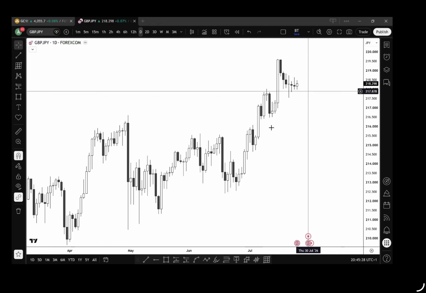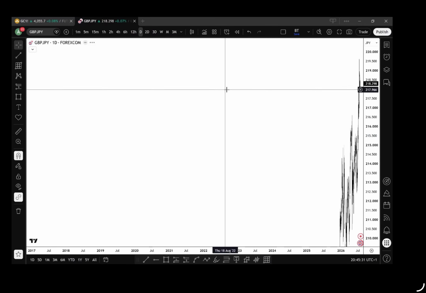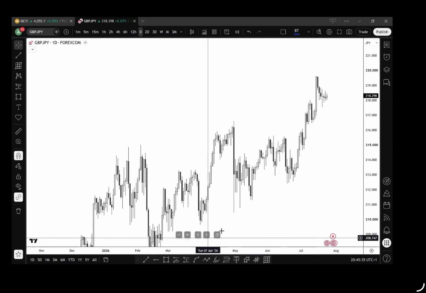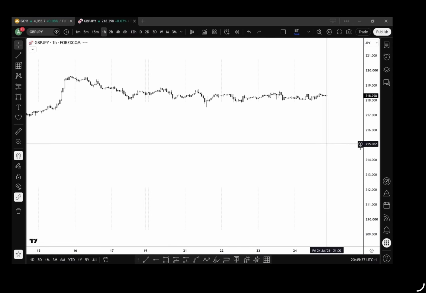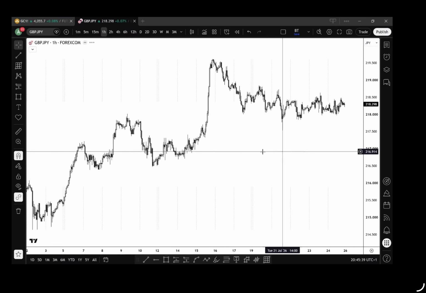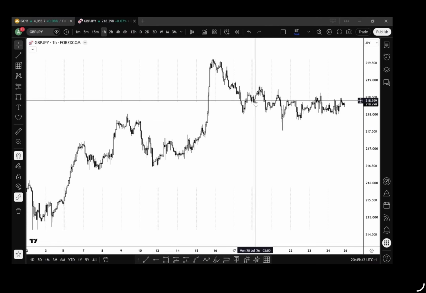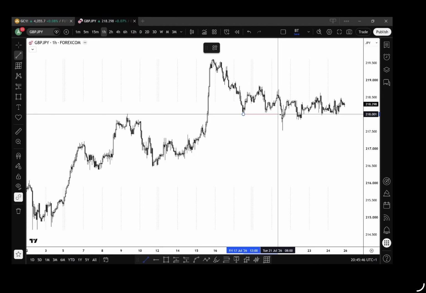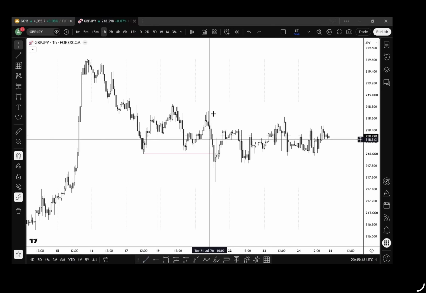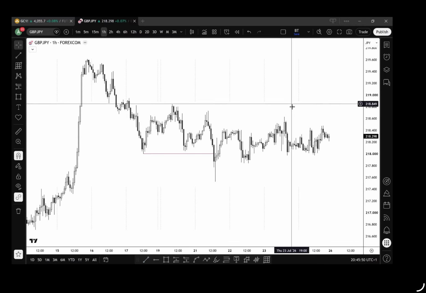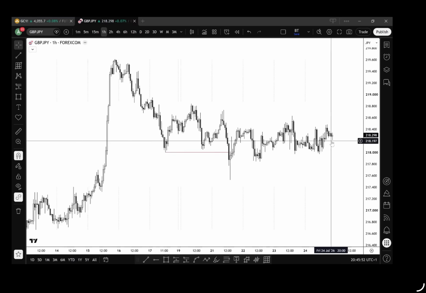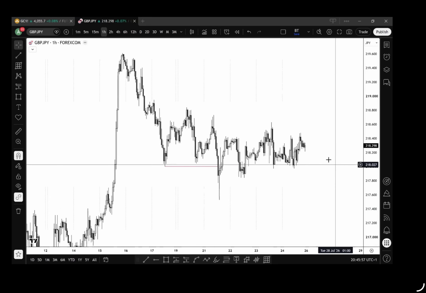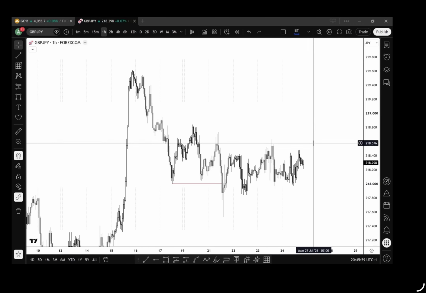GJ, there's nothing exciting on GJ, to be honest. We're just trading at very high prices. I can see we have all that liquidity below, but if we look at what we've done during the week, we opened up here, we induced lower, and that's it really. And then we've just been respecting these highs, just been ranging the whole week, to be honest. So nothing I'd take on GJ there.